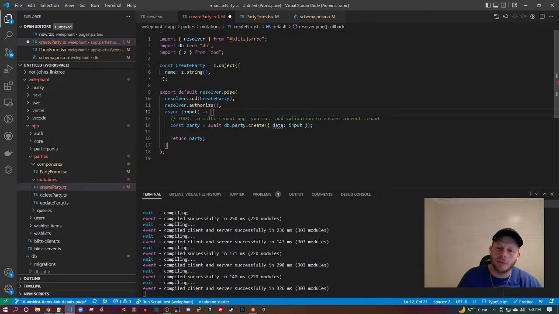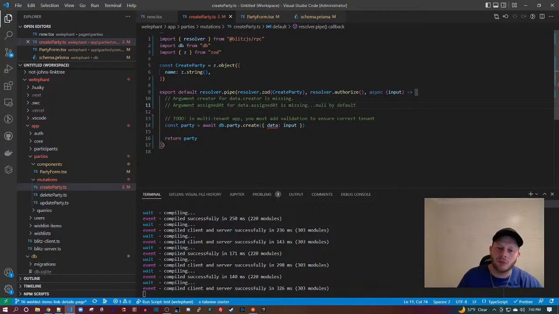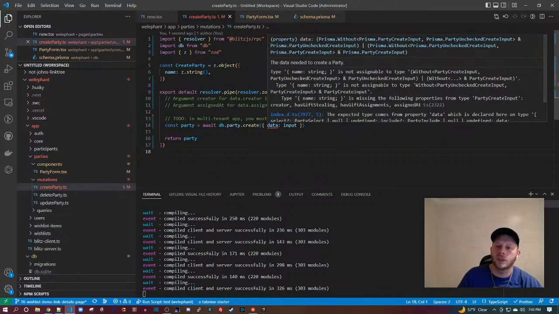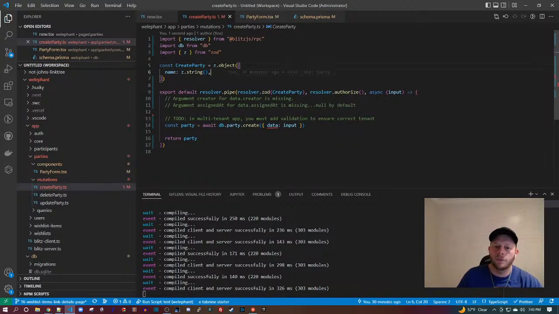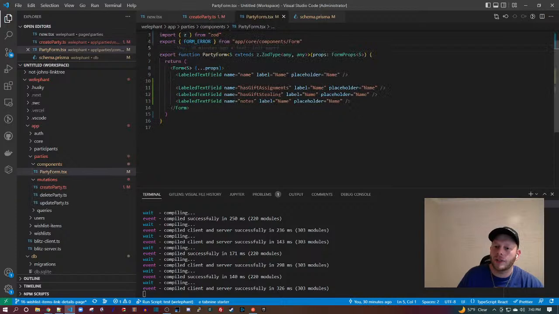So here's the data input. Where's my validator? Is it pre-validated? Okay, I guess we got pre-validated. I guess that's kind of cool. So here is name. And then the other elements that I'm looking for, notes, has gift assignments, has gift stealing.